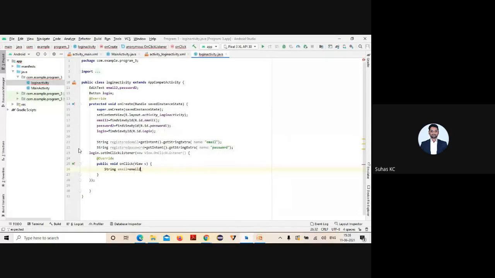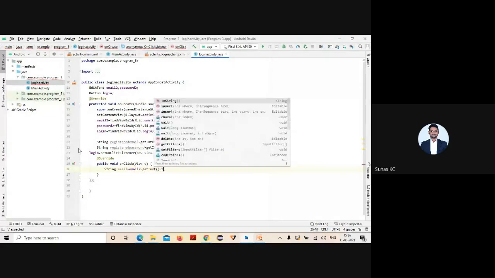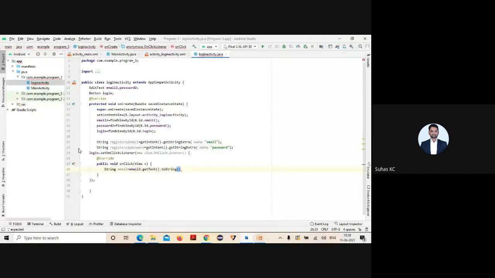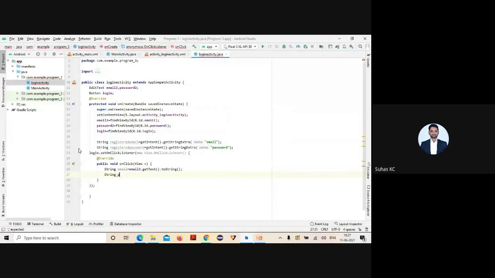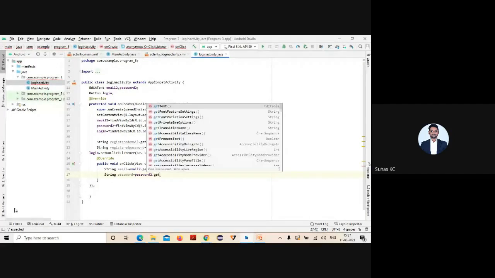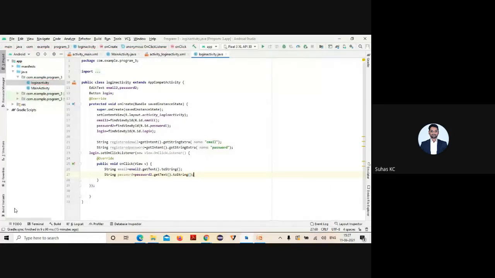Which method is used? getText. It should be converted to what? String. Same way, one more variable for your password, equal to, from this particular password object, getText is used, convert to string. So there it automatically displays.